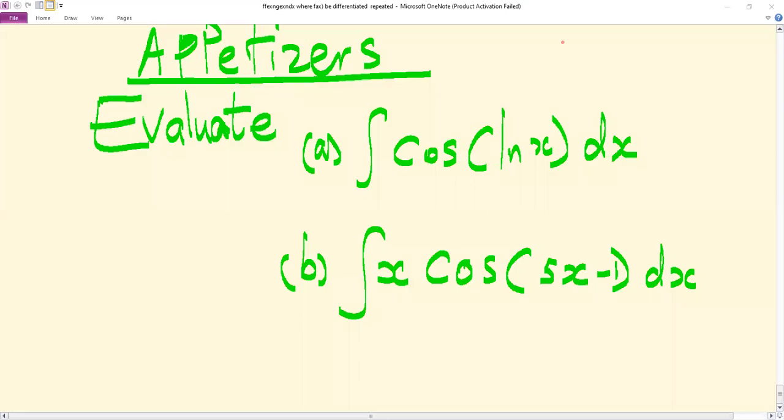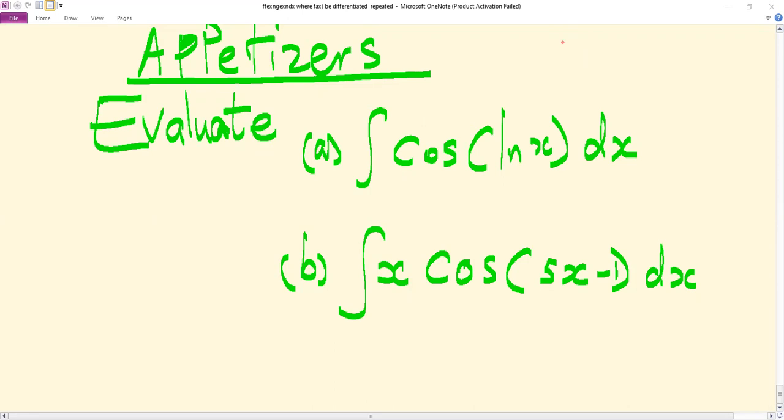Welcome to this session. In this session, you solve these two problems. One is the integral of cosine of ln of x dx, and the second one is x cos of 5x minus 1. Now, in these two integrals, especially the first one, we have to be very creative in order to